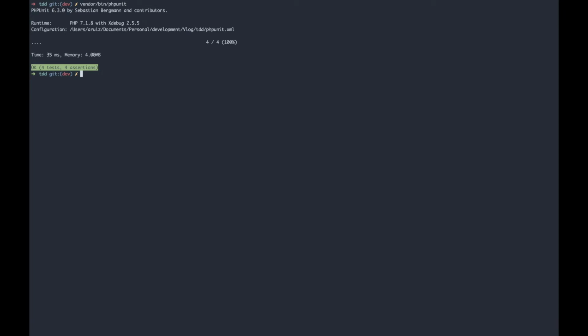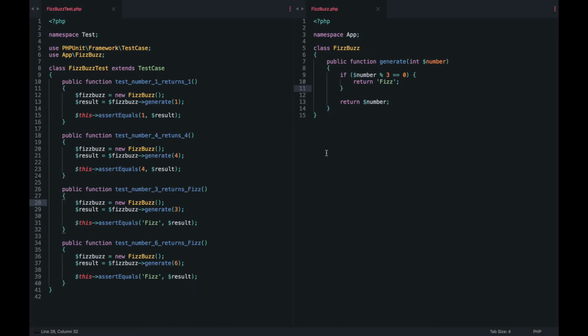And yes, they do. Okay, now we are in green, so let's see if we can refactor something somewhere. Now I cannot see any big thing, so let's keep going. Public function. Let's move on to the next key number, which is going to be test number 5 returns pass.